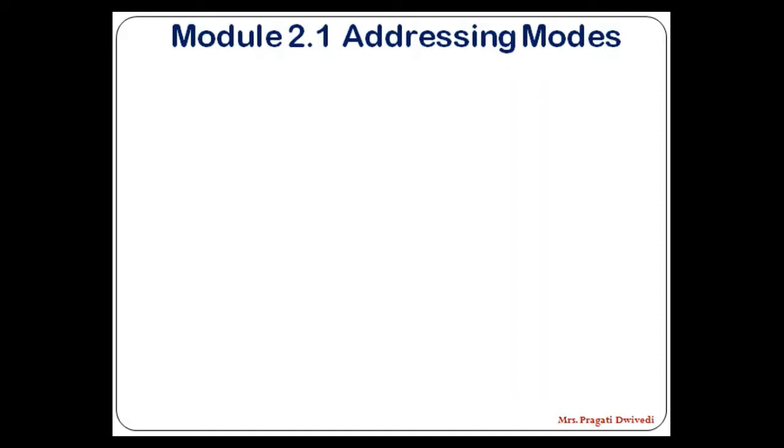Now 8051, be it any controller or processor, we know they are capable of performing operation on numbers. All right. So they manipulate the numbers. So the question is, from where do they get these numbers? We don't call them numbers, we call them data. So where is this data and how does your microcontroller or your processor access this data?